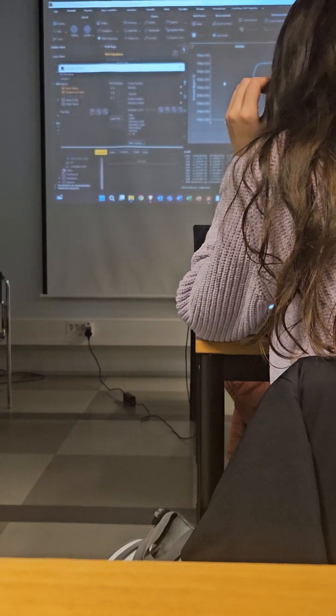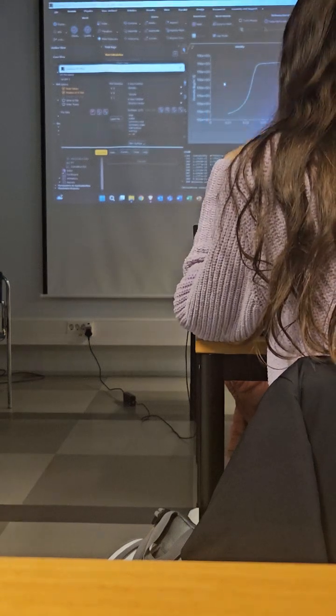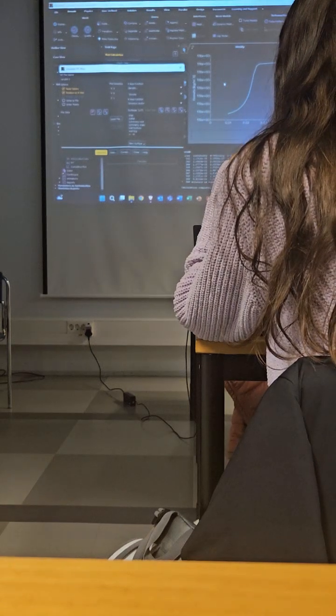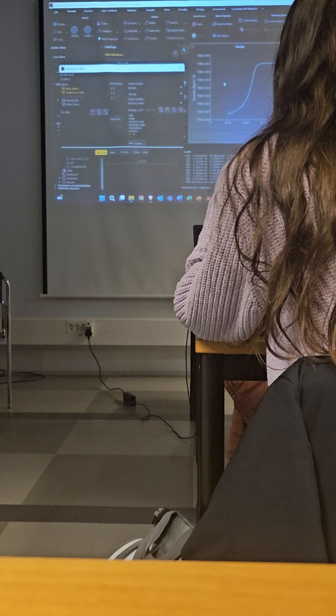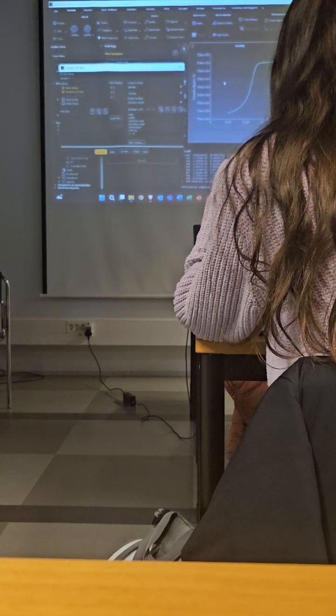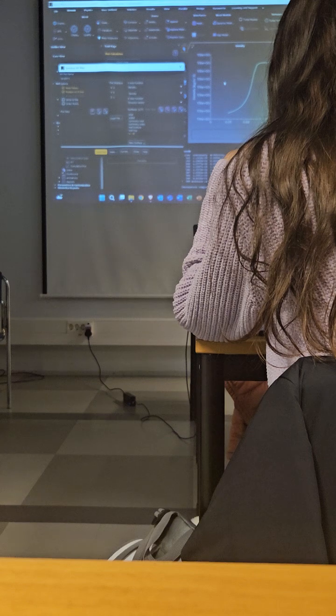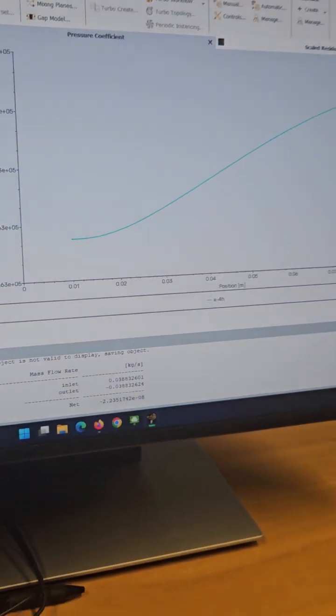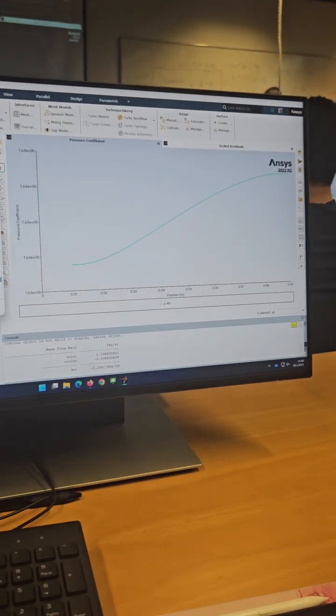P infinite equal to 99,846 pascals, and rho infinite equal to 1.16 kilograms